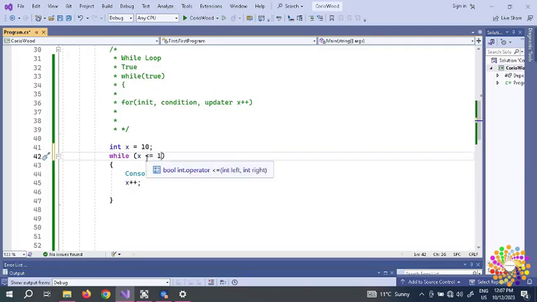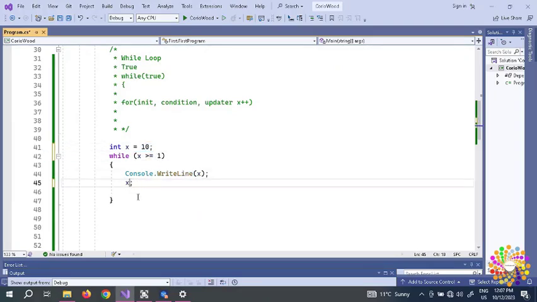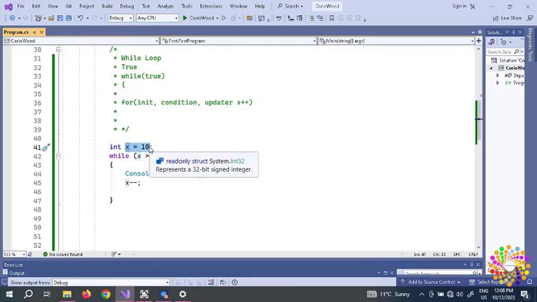So we can remove this, x is greater than or equal to 1. Now because we're going the other way around, you can do this and put one double minus. Make sure you put this one, otherwise your loop's going to go infinite, because this condition is still true. If you assign x equal to 10, and x is greater than or equal to 1, because here x is greater than, so if you put x less than, then